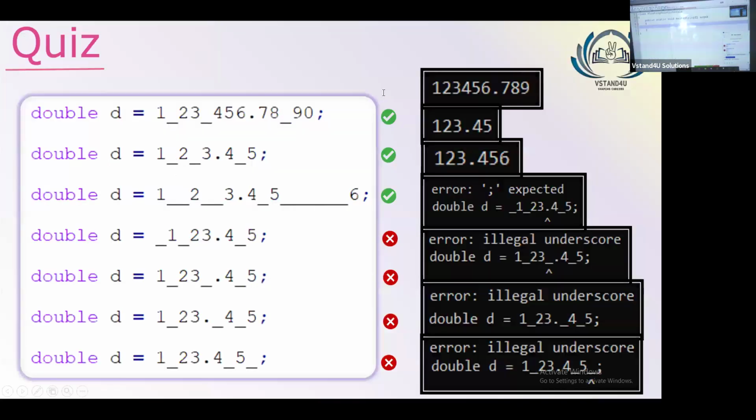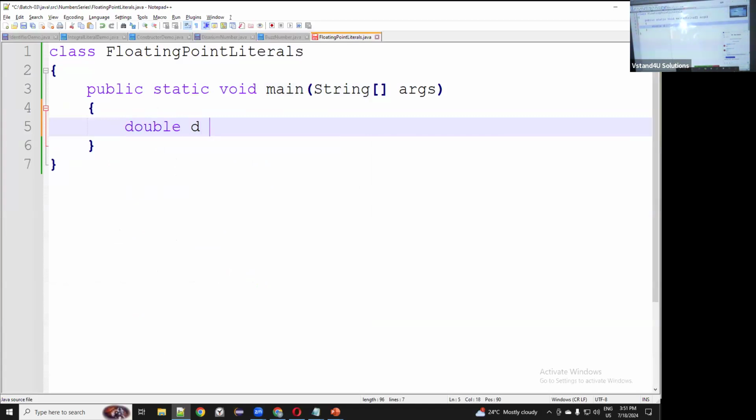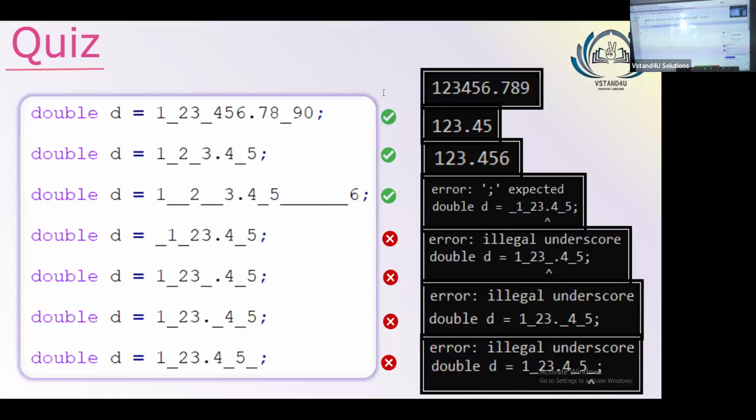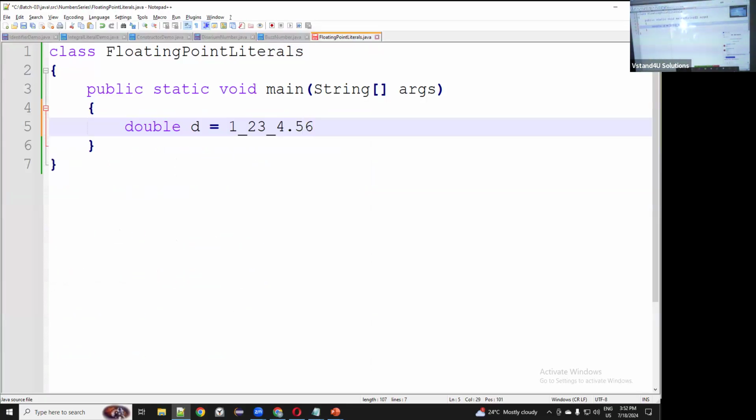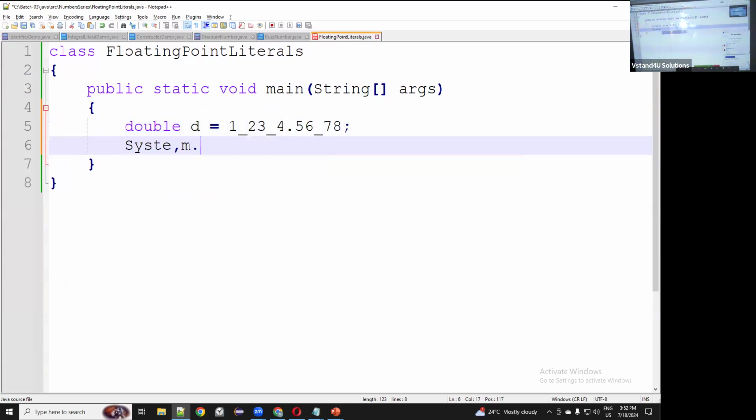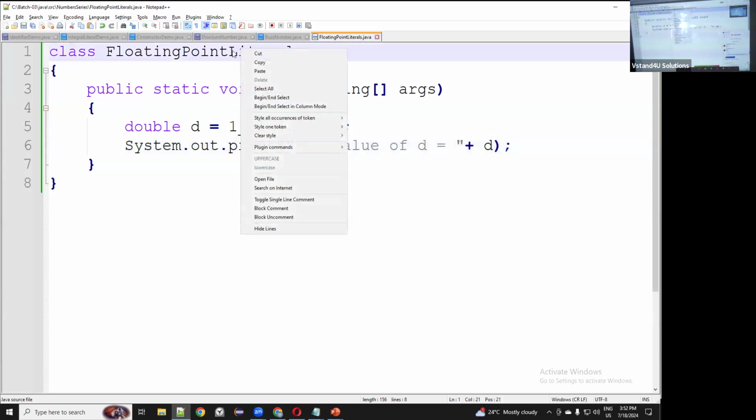Okay, 1, 2, 3 and all. double d equal to 1 underscore 2, 3 underscore 4.56, whatever values are there. 56 underscore 78 works fine as per us. Let's System.out.println the value of d is equal to plus d. Am I right? Let me save it.